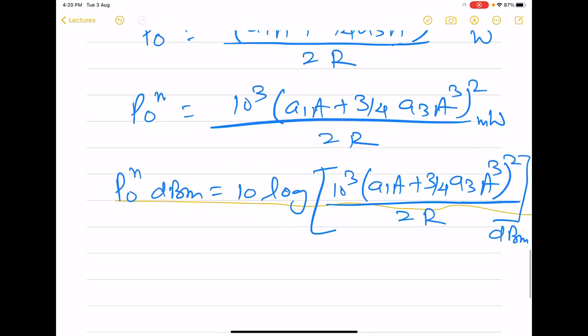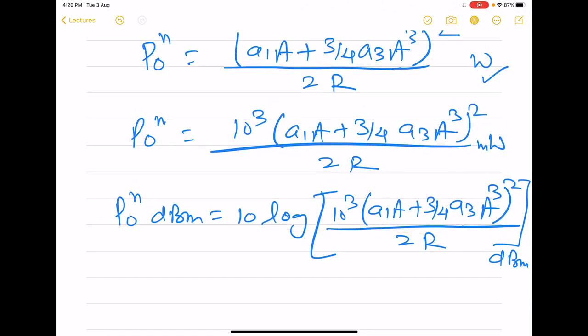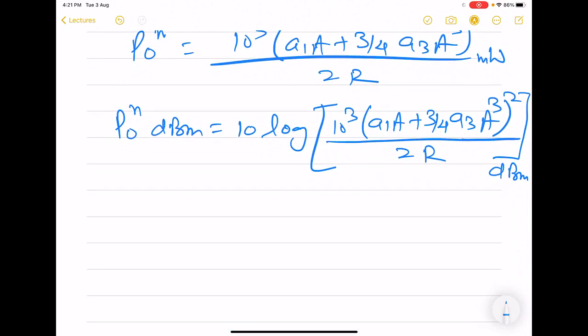Recall that we could have arrived at this equation by dividing this output power by 1 milliwatt, which is the alternate definition for dBm. That means dBm is power normalized to 1 milliwatt in logarithmic scale. But both will give rise to the same answer. So here what we find is that this above expression will have the effect of this cubic term very small if capital A, that means the input itself, is very small. So this will approximate to